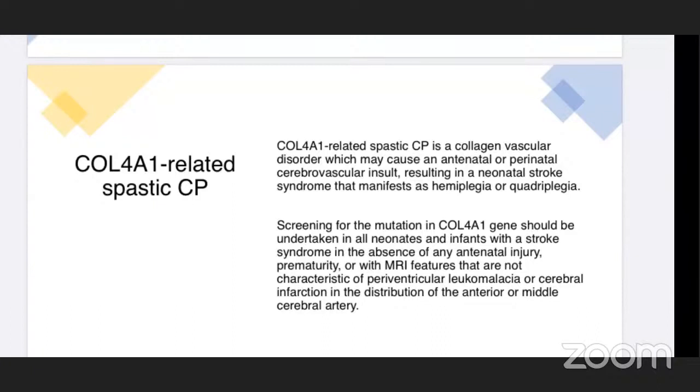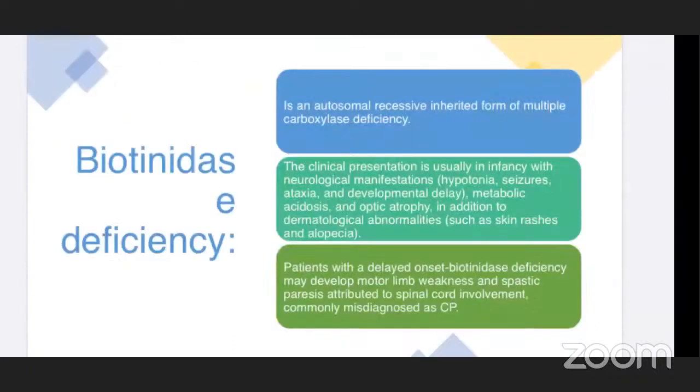So I'll move on to the next condition that can mimic spastic cerebral palsy, which is biotinidase deficiency. It is an autosomal recessive inherited form of multiple carboxylase deficiency. The clinical presentation for such a patient would be hypotonia, seizure, ataxia, developmental delay, metabolic acidosis, optic atrophy, in addition to dermatological abnormalities such as skin rashes and alopecia. Patients with delayed onset biotinidase deficiency may develop motor limb weakness and spastic paresis, attributed to spinal cord involvement, commonly